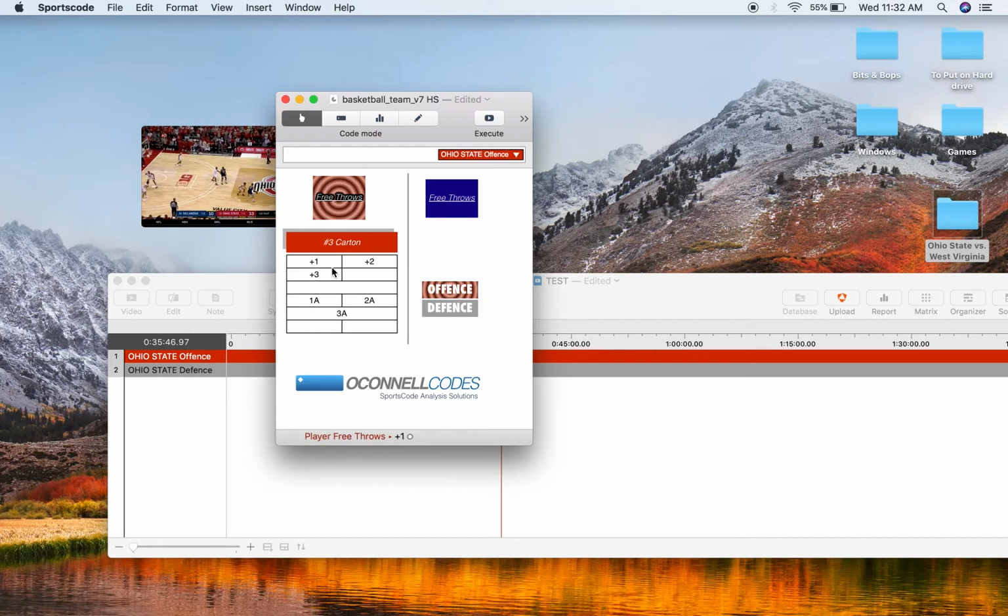I've got an extra set of labels, or extra set of variables, that show up in my player toggle box. So I've got a +1, +2, and a +3, and a 1A, 2A, and a 3A. This covers every single possible outcome from free throws. You can only ever score 3 points from free throws, and you can only ever take 3 attempts. So this covers every outcome. You can do 1 of 3, or 2 of 2, or 2 of 3, 3 of 3,